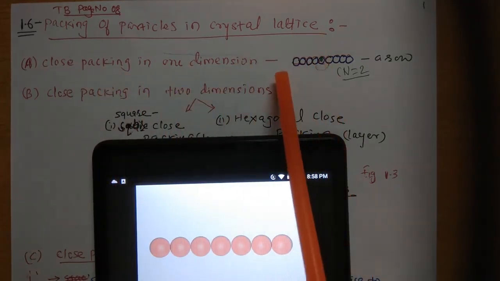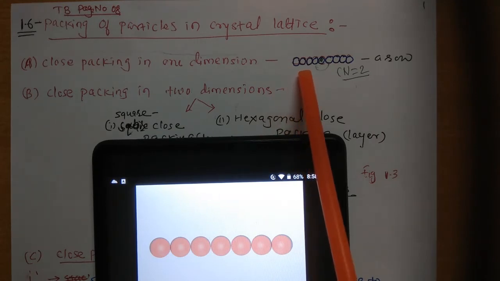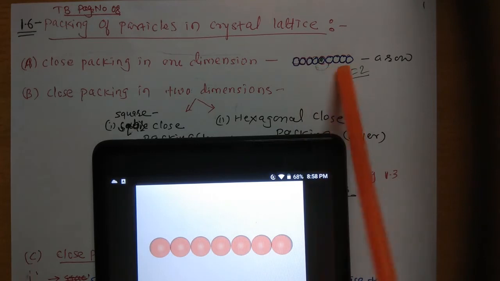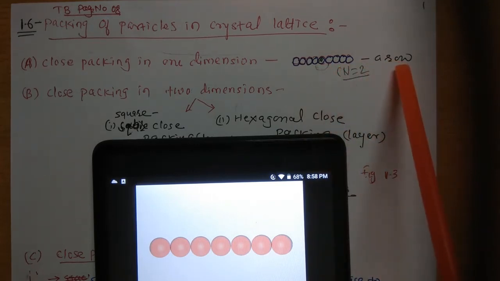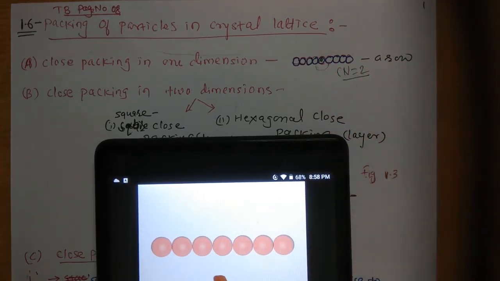Now here in one dimension arrangement, the particles or the spheres are placed one after the other forming a single row. As you can see in this picture, each sphere is in contact with two neighboring particles. That's why its coordination number is 2.